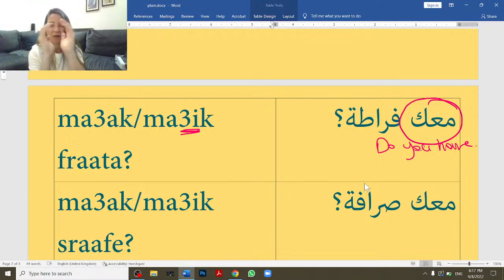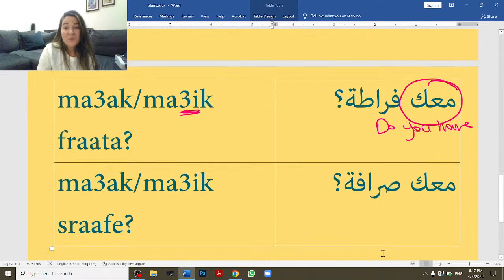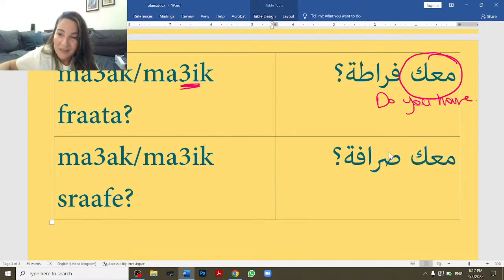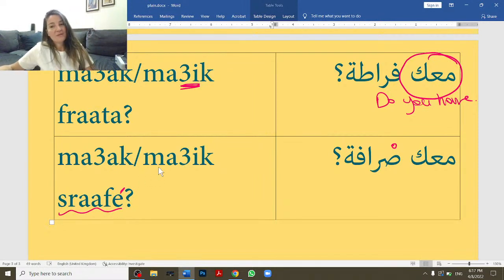Which means, you know why? Because let's imagine $100, okay, and you break it down into a dollar, dollar, so it's like you're crumbling down the piece of paper. That's why we call it فرطة. معك فرطة. Do you have change? Now you can also say معك صرافة. It also means do you have change, but there is a little difference in the meaning. They can mean exactly the same. You can use them interchangeably. But when I say معك صرافة, I'm saying do you have change as in the verb exchange. صرف بيصرف, to exchange. But فرطة means to crumble down.